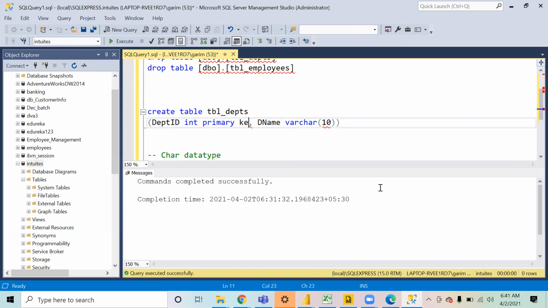Both are the same. Now after the column, if you have defined that this is integer type and this will be a primary key, SQL will understand that this column is acting as a primary key, and this will not accept any duplicate data or null data, right? So now we will create this table.